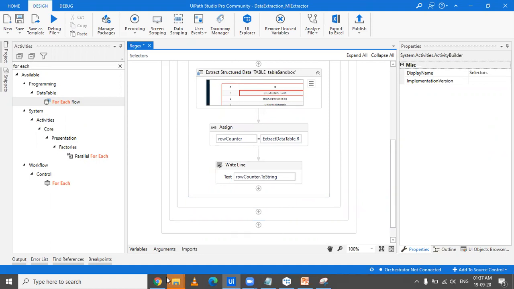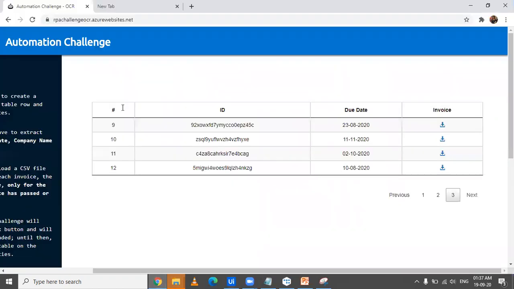I am trying to say that suppose there is a table in SAP of 10 rows and 4 rows are filled and the other 6 rows are not filled. So when you do this data scraping, you will only be able to extract the first 4 rows and not the other rows which are empty.